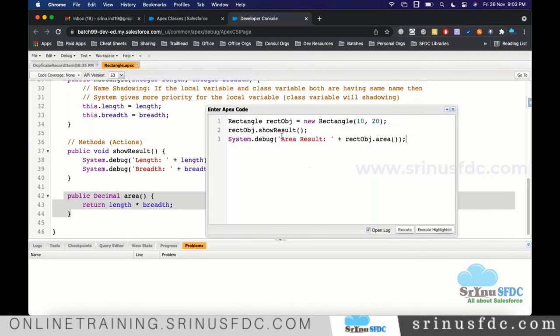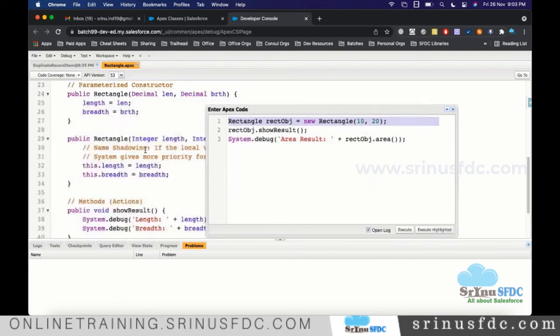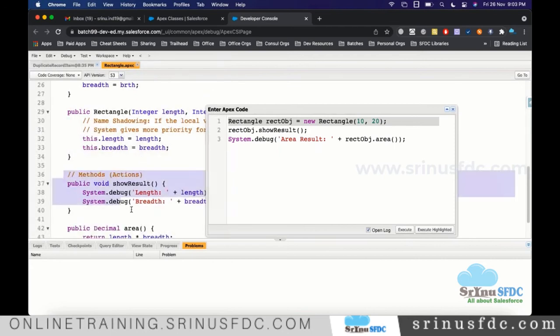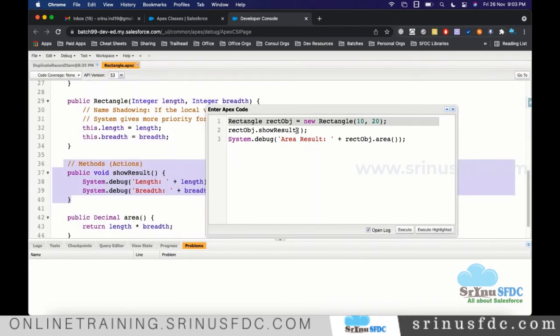Now, when we execute, what will happen? First, it will execute this statement and initialize the length and breadth with 10 and 20. After that, we call this method, which prints the length and breadth values 10 and 20 in the log.